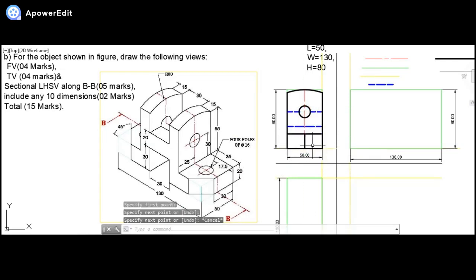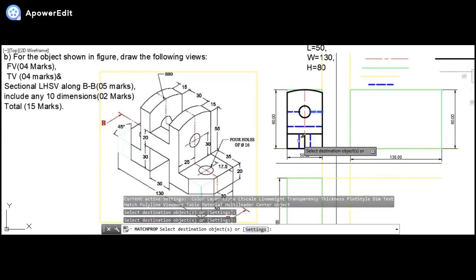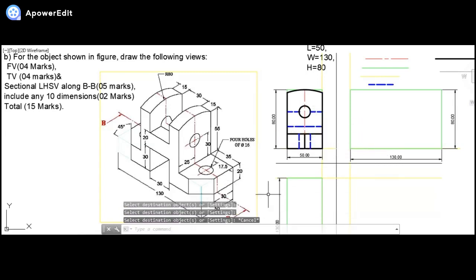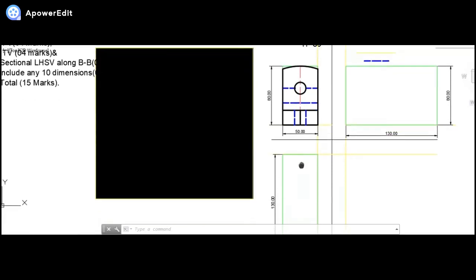So first of all, for getting this through slot, on both the sides the edge will be coming off 8 mm. That will be a total 60 mm diameter. So I can simply make it as hidden. So this one and this one. Okay. For this particular inclined edge, which I'm getting from both the sides, I can simply draw it later on.